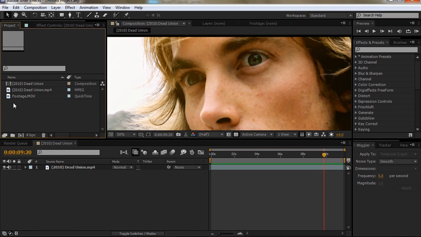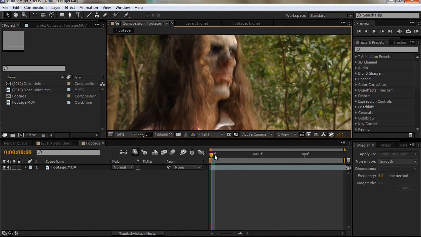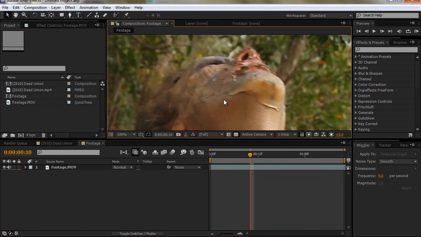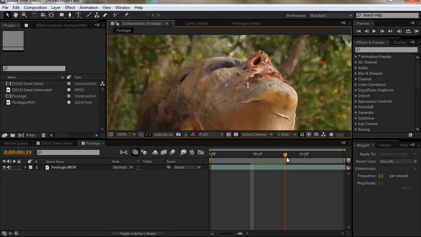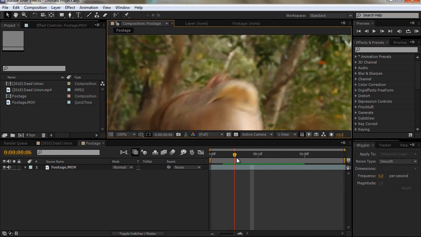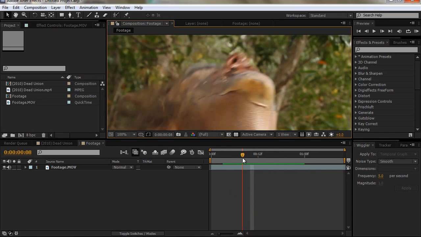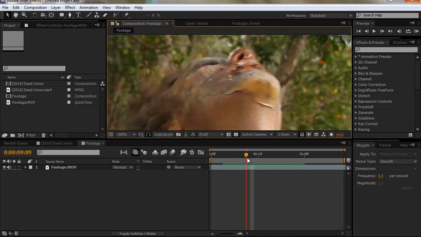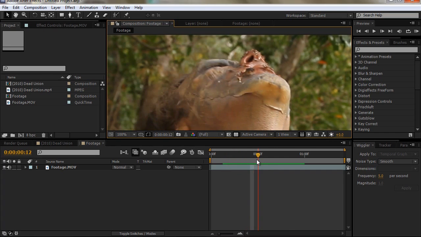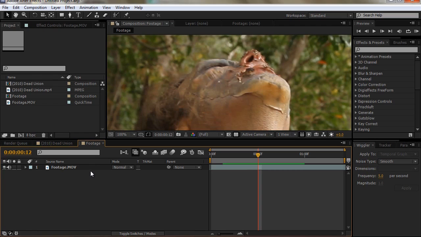So here's the footage. Just drag that into a new comp. Okay, so it's the shot. There's the makeup line that I was talking about, quite visible. That'll help us to rotoscope out nicely. So the motion blur is quite a lot here. It's fading away the makeup line, so maybe I'll start here because some of these frames will be covered in blood. I'm not sure how many, but I'll start rotoing here,